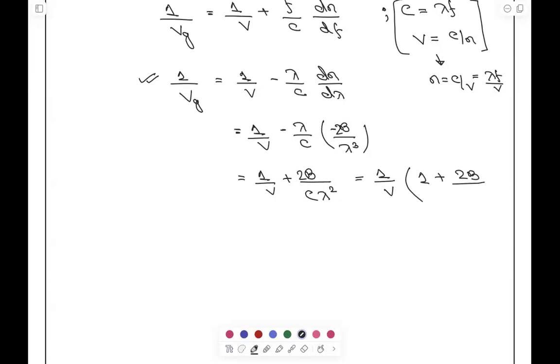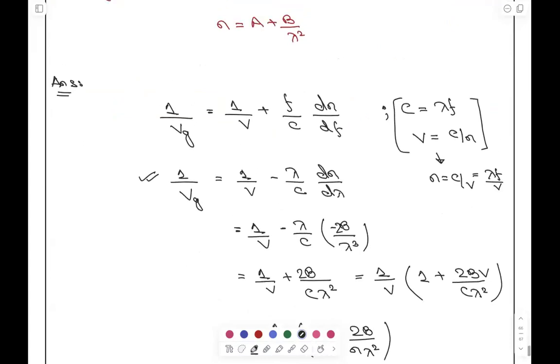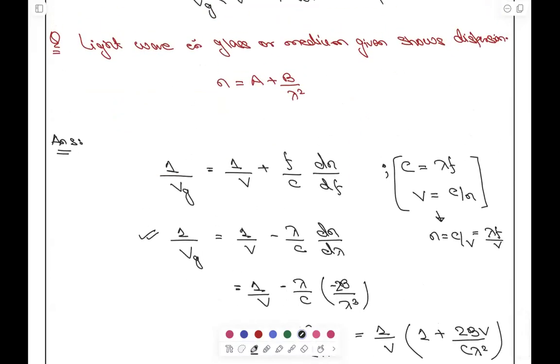Just multiply by v, क्या आ जाएगा यहाँ पर, 1 by v, ऊपर v आ जाएगा ना, c by lambda square। v को कुछ लिख सकते हैं हम लोग, can we write v as something? c by n। तो यहाँ पर c by v को n लिख देते हैं, तो 1 by v plus 1 by b, 2b n into lambda square। n की वैल्यू ऑलरेडी गिवन है, इफ यू वांट n into लैम्डा स्क्वायर करें तो क्या आ जाएगा, a lambda square plus b,